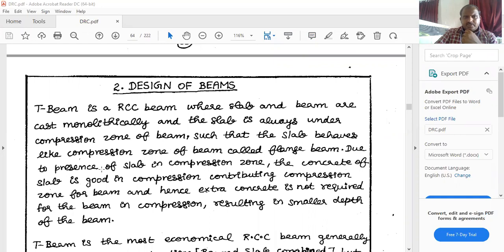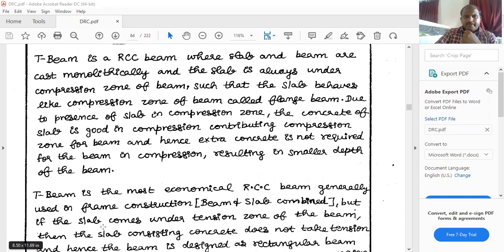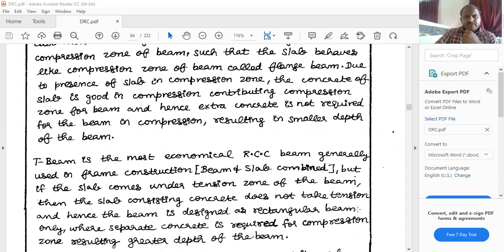Due to the presence of the slab in the compression zone, the concrete of the slab is good in compression, contributing a compression zone for the beam, and hence extra concrete is not required for the beam in compression, resulting in a smaller depth of the beam. So the T-beam is the most economical RC beam generally used in frame construction, being a slab combined,